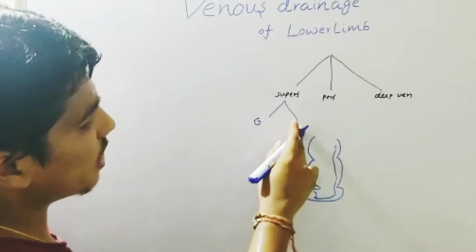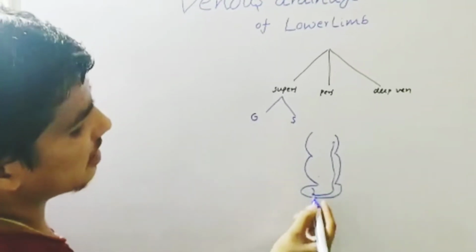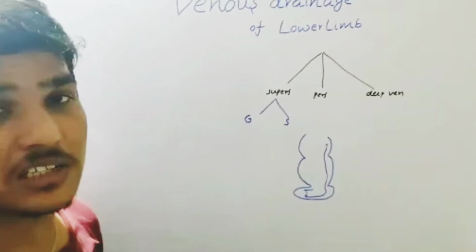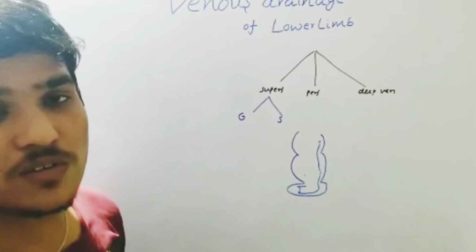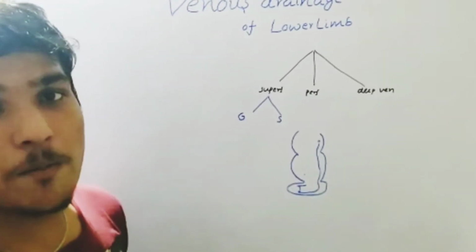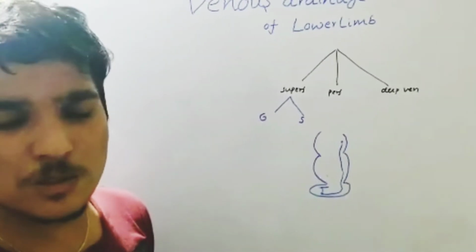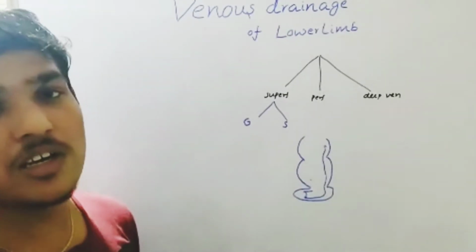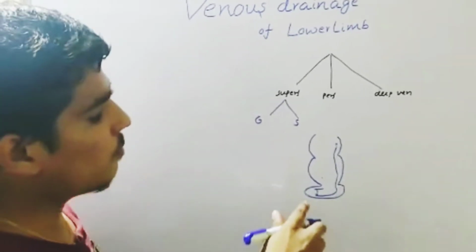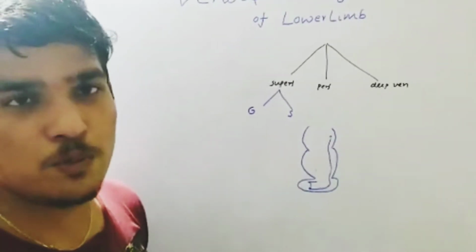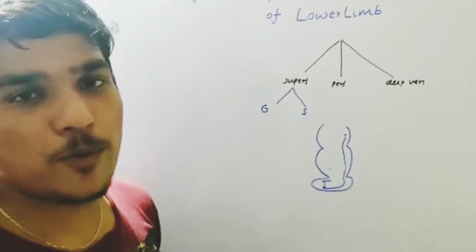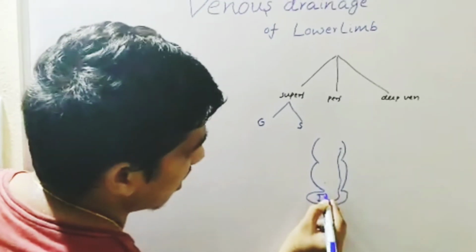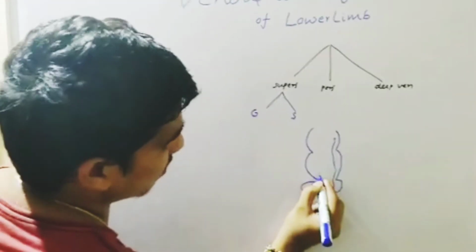Next is the course of the small saphenous vein. Where is it starting? It starts from the lateral side of the dorsal venous arc and ends at the popliteal vein. Where is the popliteal vein present? It is present in the popliteal fossa. Where is the popliteal fossa present? It is present in the posterior region of the knee. So if it should open into the posterior region of the knee, it should travel posterior to the lateral malleolus, posterior to the leg, and then posteriorly to the knee. So friends, what is the course? It travels posteriorly, which is indicated by the dotted line.